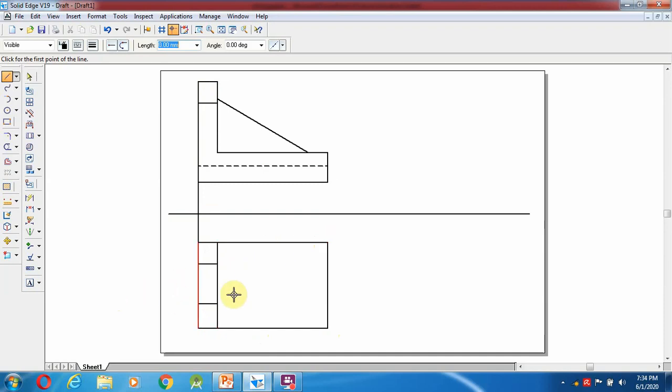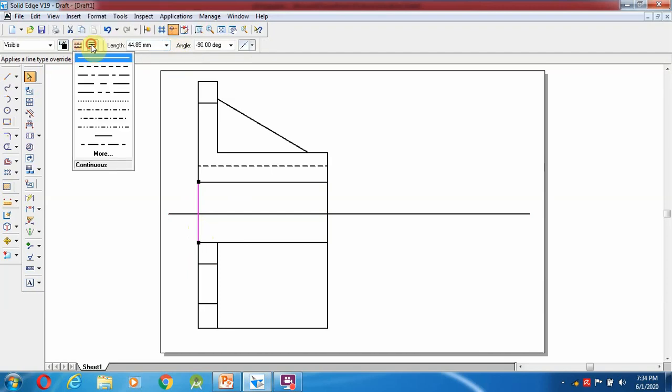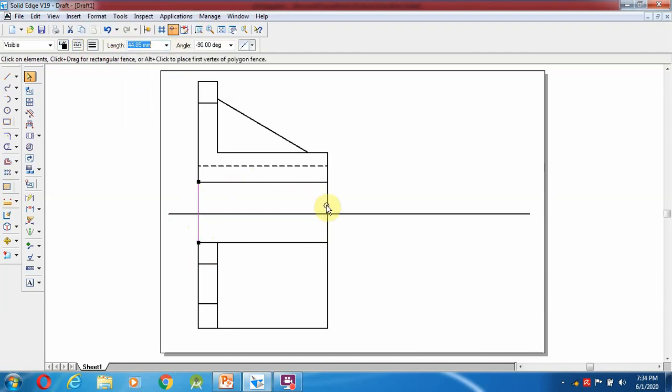Already we viewed how the top view comes. According to that I am going to draw this. The baseline I am going to draw over here. Here compulsorily we draw the projection lines. This projection line thickness we have to maintain as 0.13 mm. Same here also, 0.13 mm thickness. The drawing lines we have to maintain at 0.5 mm thickness in Solid Edge. Then select a line.